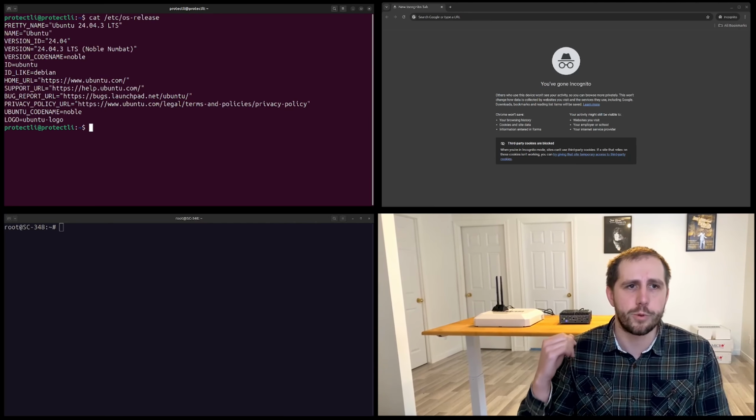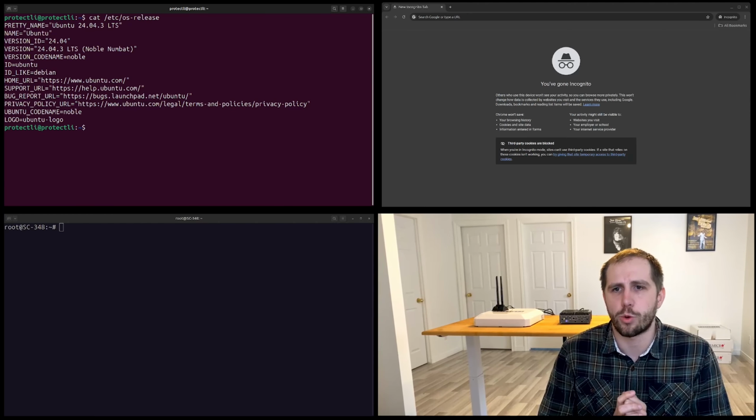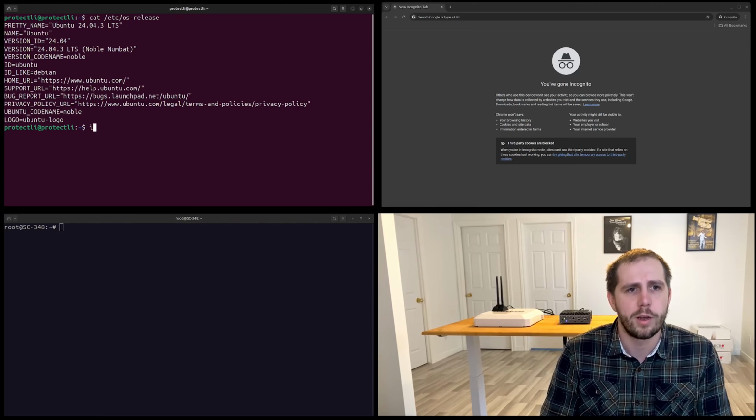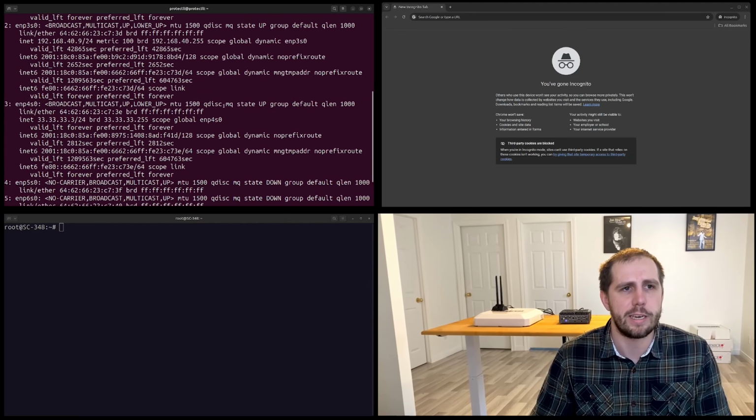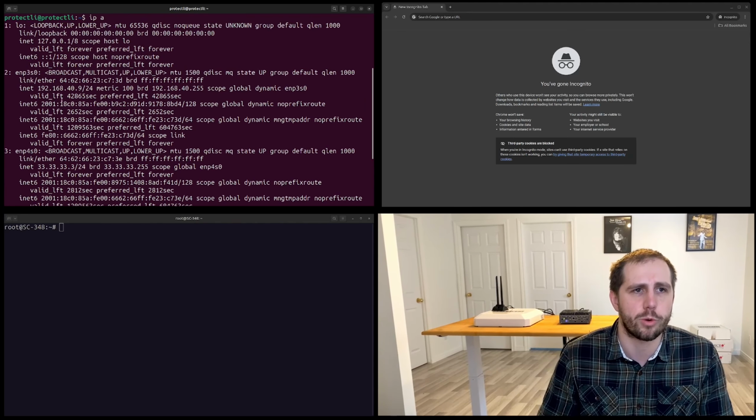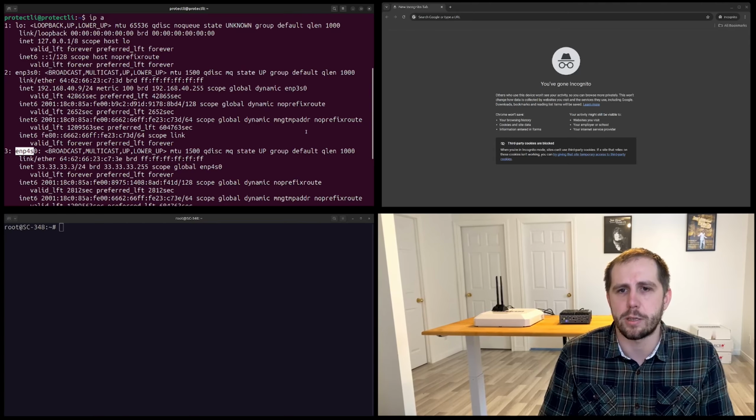Okay, so in the computer where we'll install Ella Core, you can see that we're running Ubuntu 24.04. And let me run ip a to show you that we're using 2 different network interfaces. The first is enp3s0, which is connected to my home router's subnet. And the second is enp4s0, which is connected to the private IP subnet.